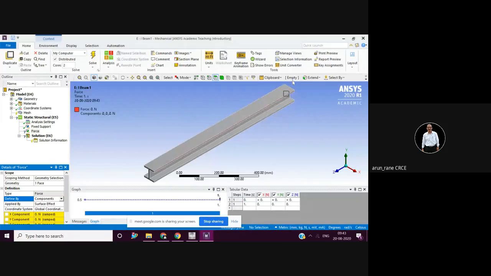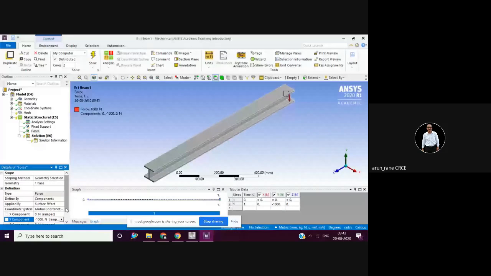Now you look at this. I am going to apply a force like this in this direction. So what is this direction? You'll understand from here. That is your y direction. Since I am going to apply it from top to down, it is going to be minus, isn't it? So I will say here minus 1,000, and it is Newton.